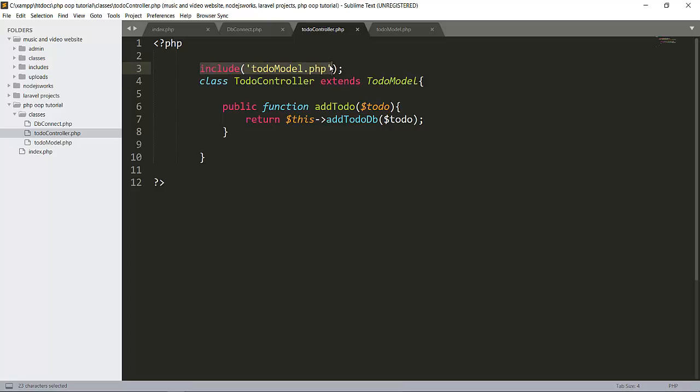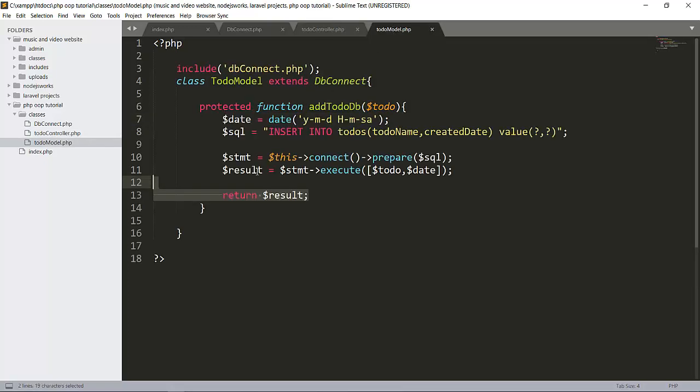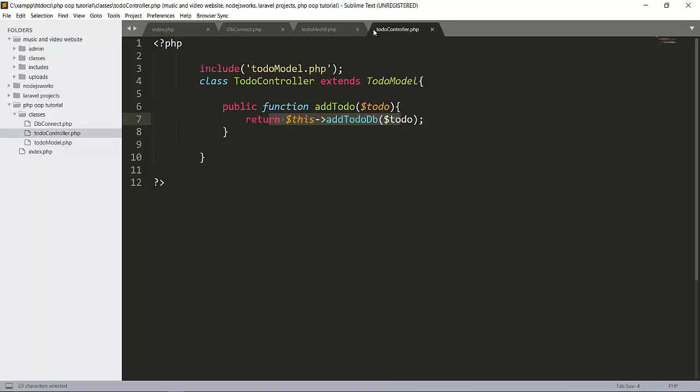That is our inherited class of the to-do model here. There is one public function, that is add to-do. It takes one parameter and returns our model function.